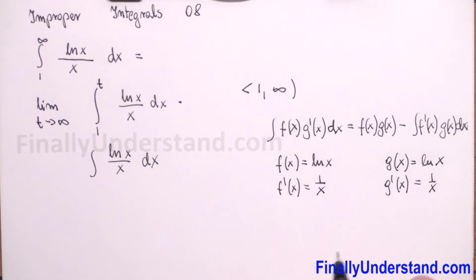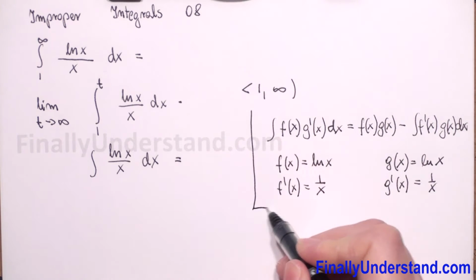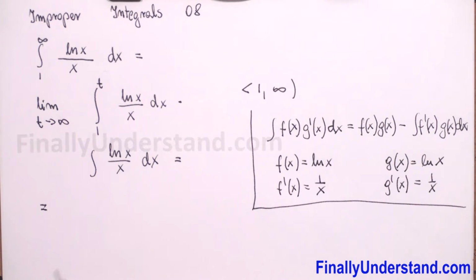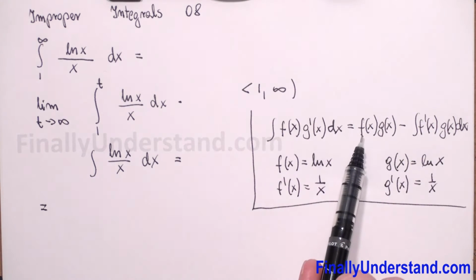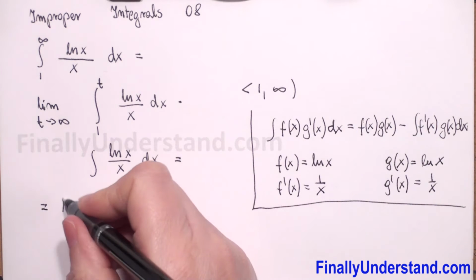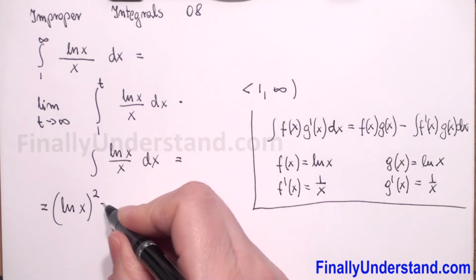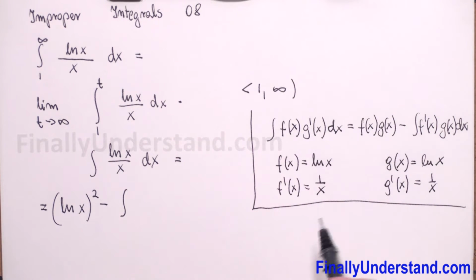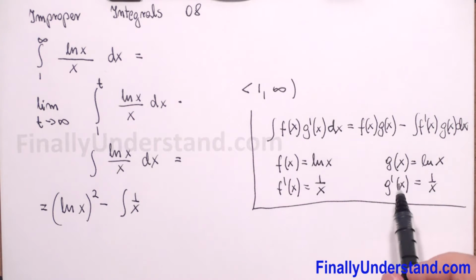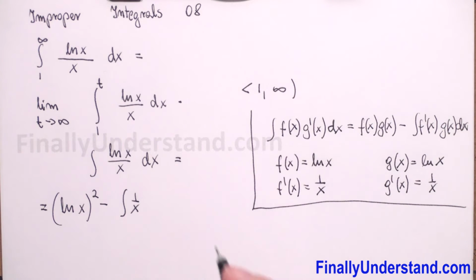So now we will come back to our integral, and we have that this is equal to f times g, so natural logarithm times natural logarithm, so we have natural logarithm of x squared minus the integral of f prime, which is 1 over x, and g, which is natural logarithm of x